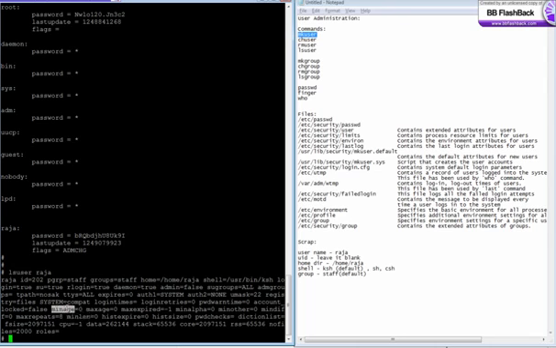Minimum age means if I set a password, and the minimum age is equal to 3, I cannot change the password for 3 days. I need to use it for at least 3 days. This is the minimum age of a password. The maximum age is, if it is 5, that means I can use a password for a maximum of 5 days, and after